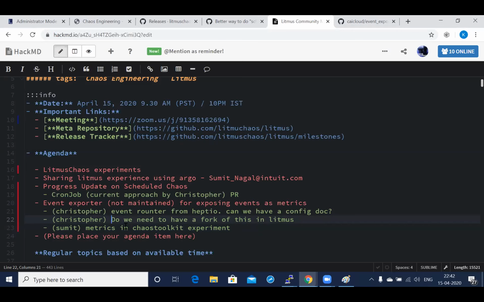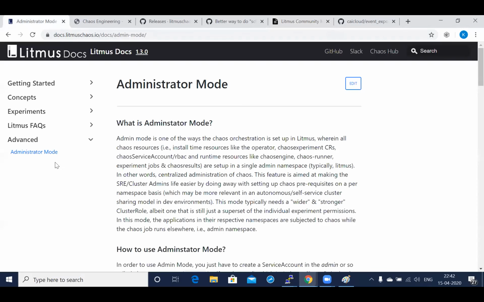So one question I had, Christopher, is since you're already using the event router along with Litmus events, would you like to put up some small write-up here along with the cron write-up? I think people might find that really useful until we make more progress. Sure, I can do that in the Litmus Docs advanced category. If that's a good place to put that stuff, then I will do that. It may take me a little bit to get time to do it, but I should be able to have something within the next week or so.